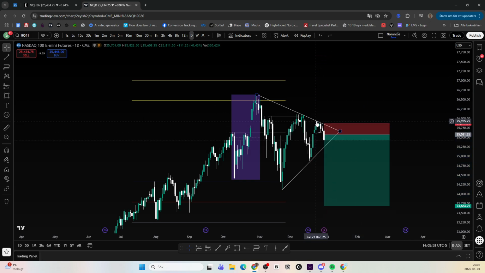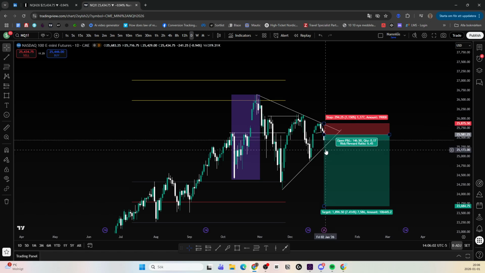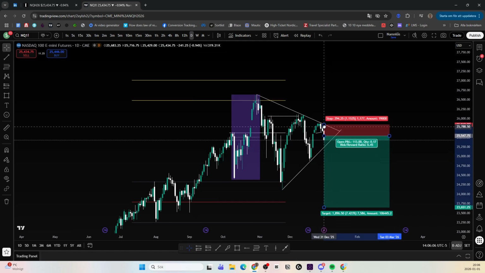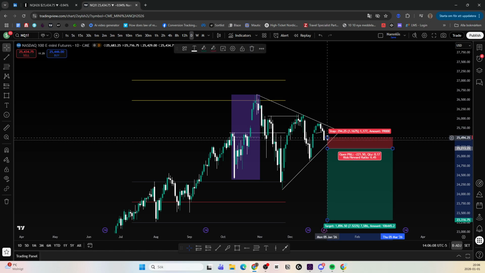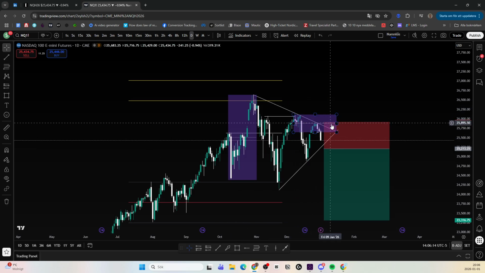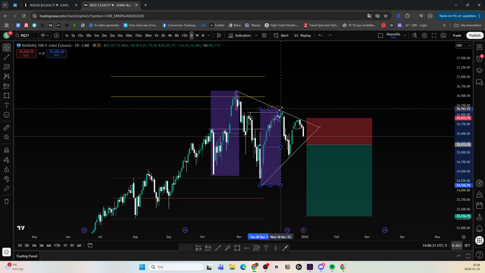People are going short, stops above there. So I anticipate we will get a breakdown below this trend line here. People will go short, they will have their stops above there, and then we're going to respect this lower time frame order block high,